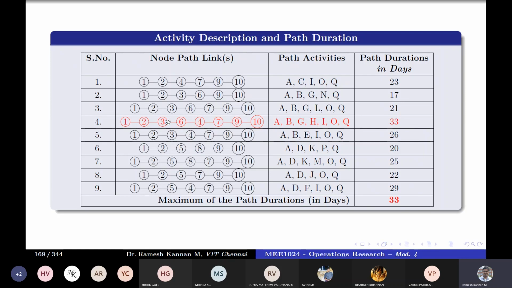That is basically the critical path method. Sometimes we might get both values together. Both paths can have the same duration, and both of them are the highest also. So we can have multiple critical paths also. But for this problem, there's only one critical path like this.